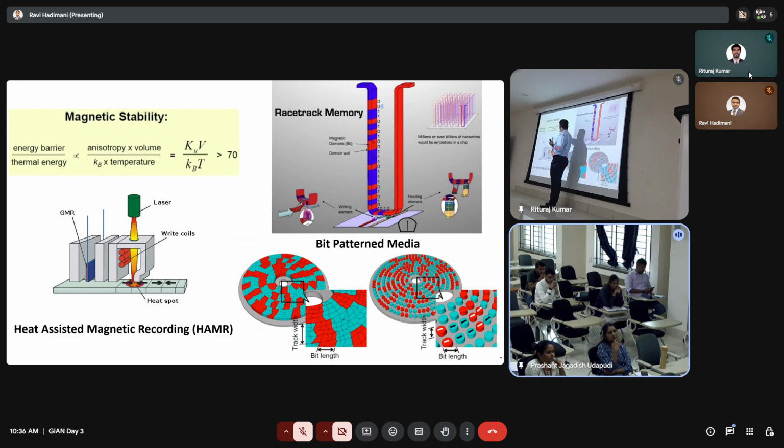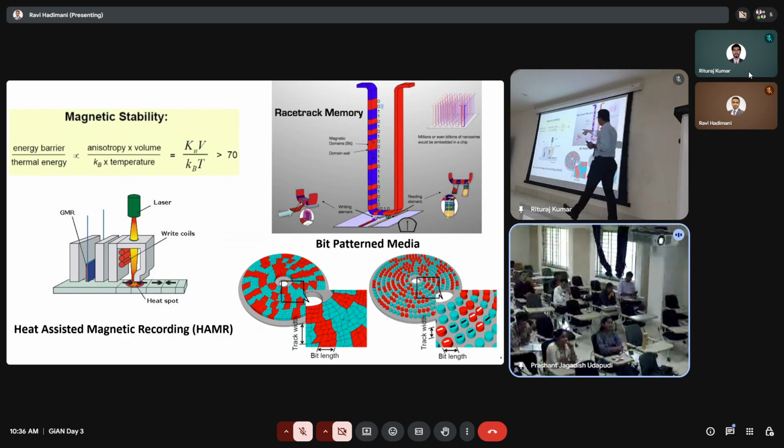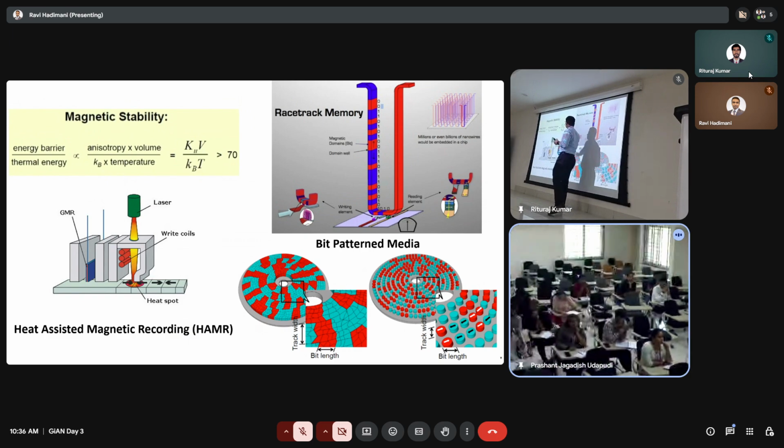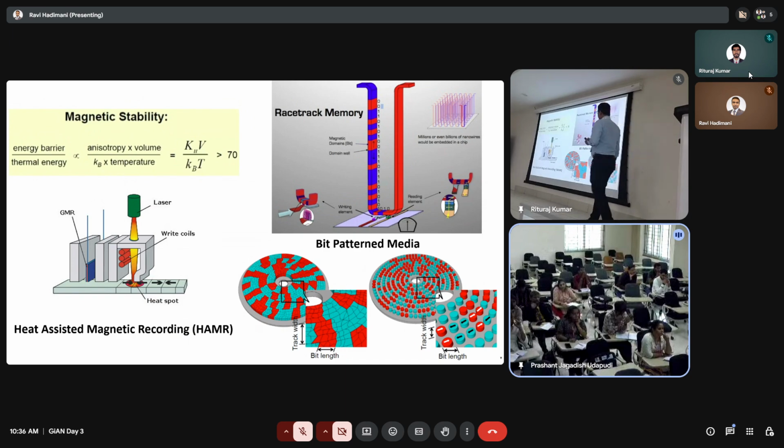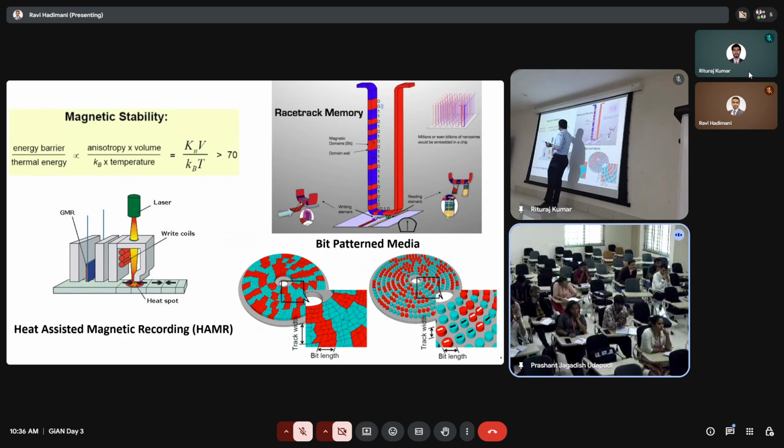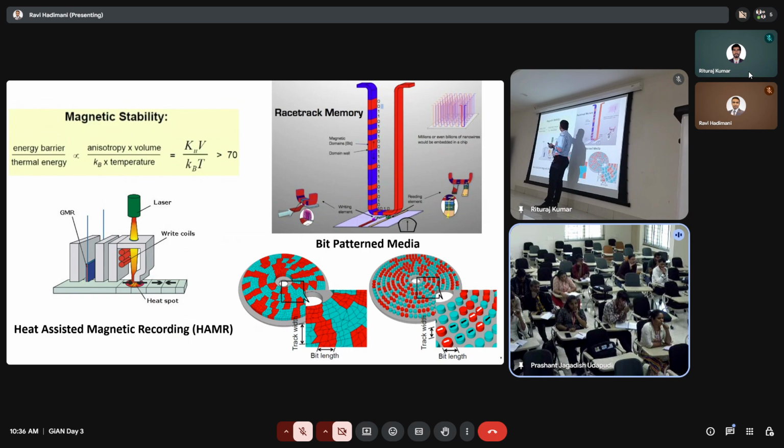If your temperature goes up by a small amount, you can demagnetize the grain. So this product has to be always above 70. That means your volume has to be high, and the anisotropy energy has to be high, and this we can't change much because that depends on the material's intrinsic property. The volume,